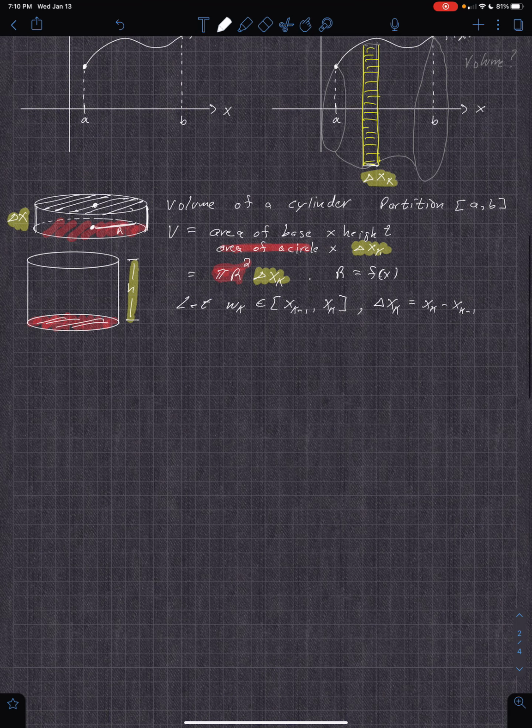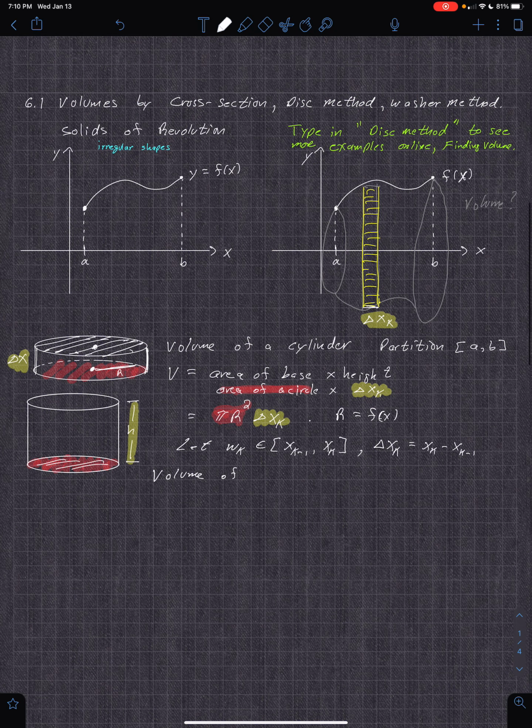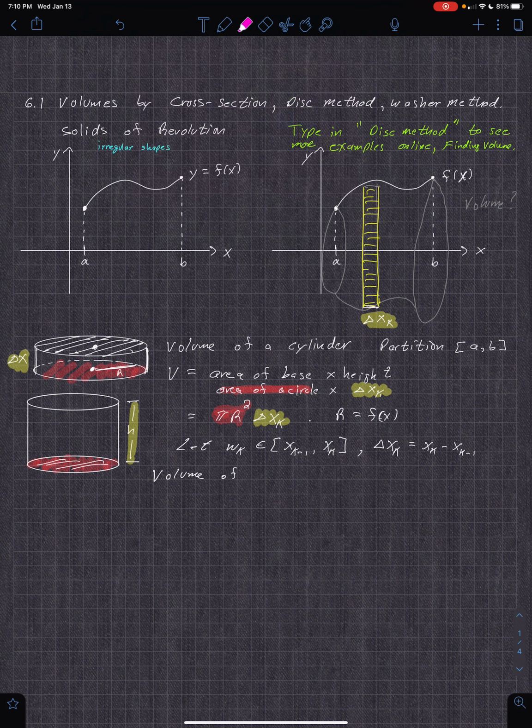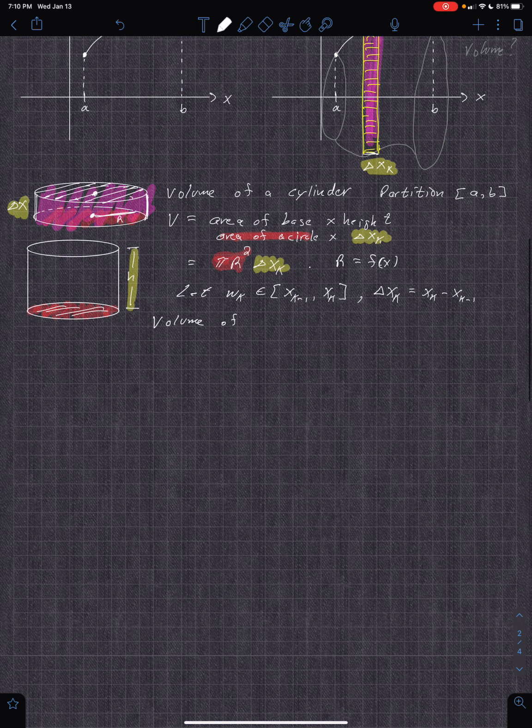And we have the volume of... Now, so that looks like... So basically, that's where the name, the disk, comes from. So this little piece is here. That's what that is. So it's this sliver. That's where the name comes from. So it looks like a disc. It's basically a cylinder. So the volume of the disc, or cylinder,